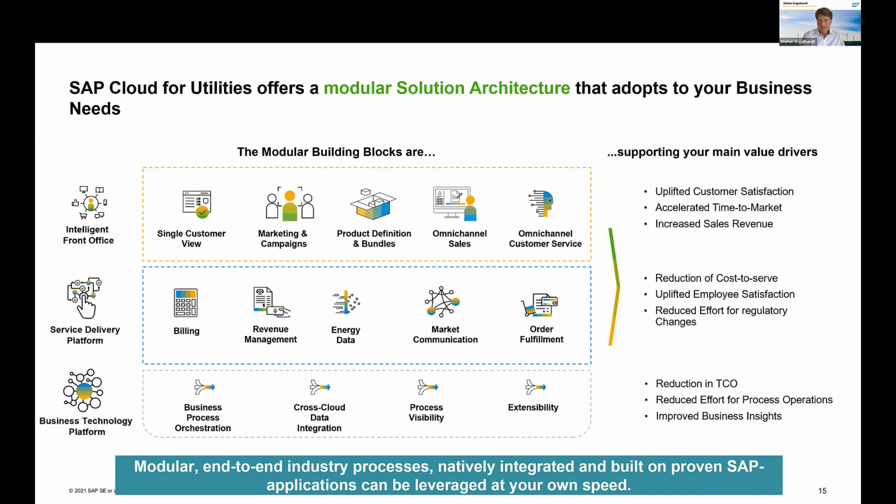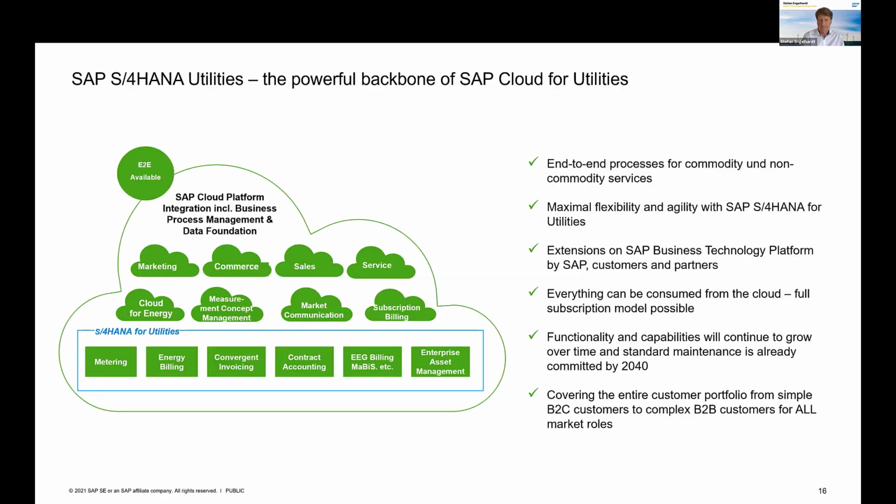So that is the building block of the Cloud for Utilities architecture. And as I said, that brings together a lot of different functional components at SAP, with the goal to provide an end-to-end experience for the key processes in the utility. An important pillar of that architecture, as I said, is our S/4HANA Utility Suite, which is already existing and that we offer as well as a private cloud edition on a subscription basis.